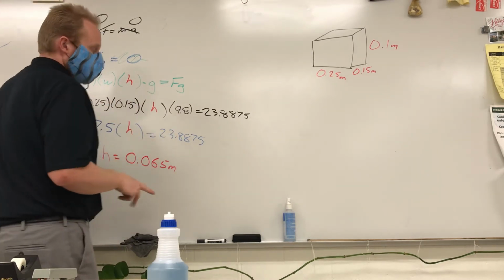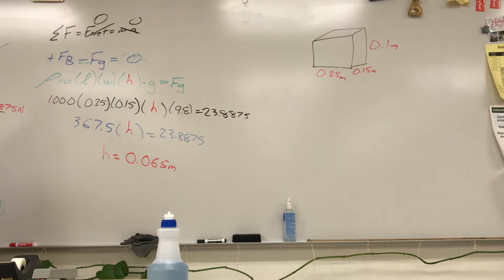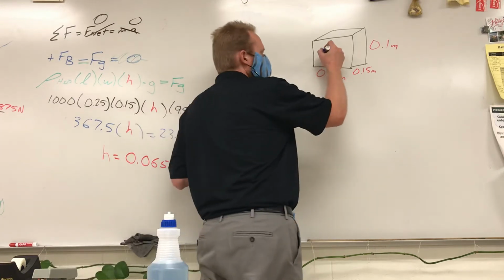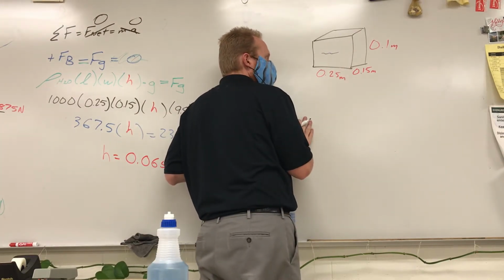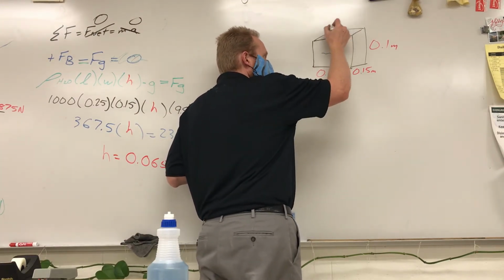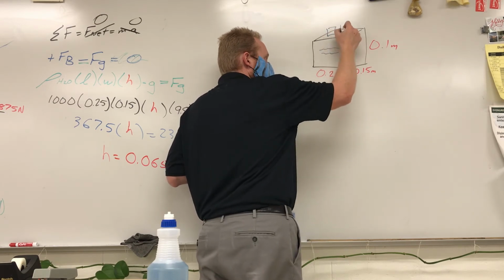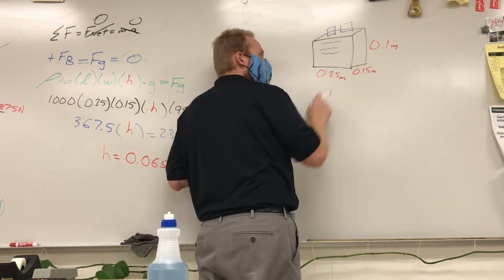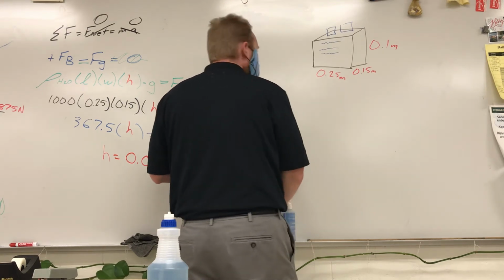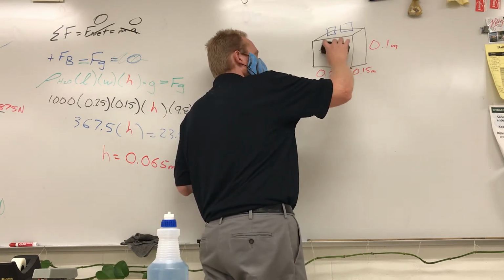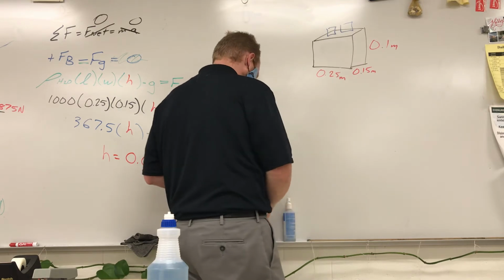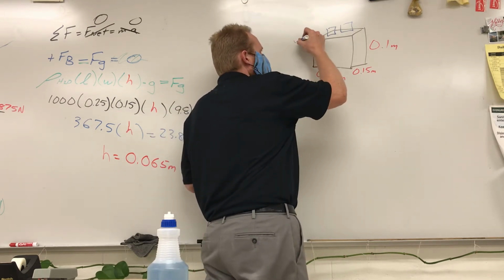It's the same block. Oh, here, let's actually read. How much stuff can be placed on the block before it's swamped? So this is where my water level was when it was just the block. As I put stuff on it, the water level changes, right? And the more stuff I put on it, the deeper in it's going to go. And what I'm trying to determine is how much stuff, what's the weight, can I get right before